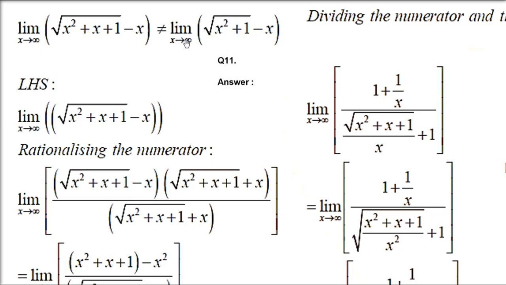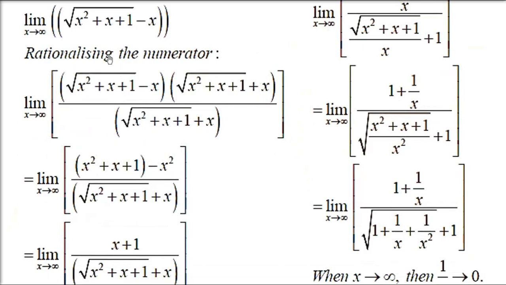These two limits are not equal, so you have to find the left hand side limit first and the right hand side limit, and then see whether they are equal or not. So we'll take it separately. I'm taking the left one first. So you have under root x. We have to use the RF, because if you place x as infinity, it will be infinity.